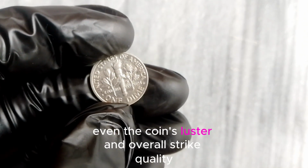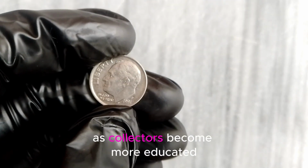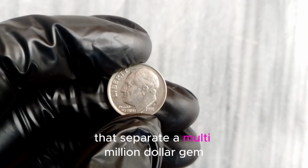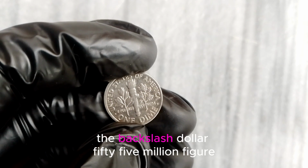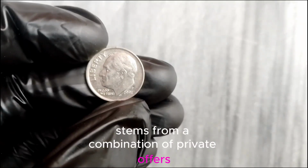Even the coin's luster and overall strike quality can provide important clues to its unique origin, as collectors become more educated and vigilant in spotting the subtle differences that separate a multi-million-dollar gem from an ordinary coin. As for the market value, while estimates vary, the $55 million figure stems from a combination of private offers, auction